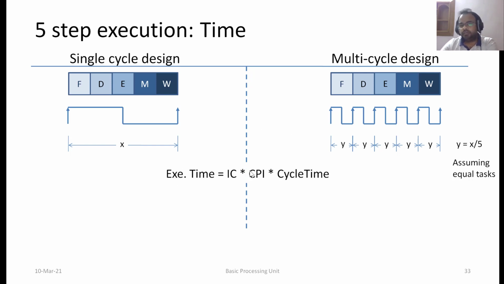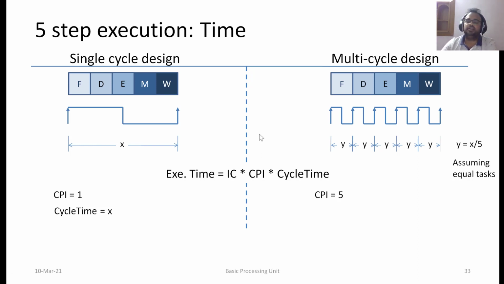Now, let's look at the performance equation, which is the instruction count times cycles per instruction times cycle time. In case of single cycle design, the CPI would be 1, because all that one instruction takes is one cycle,